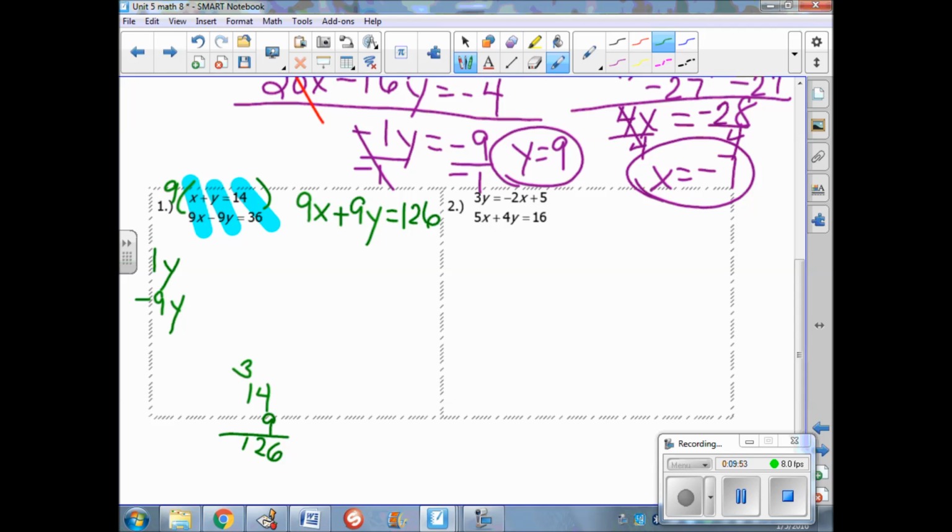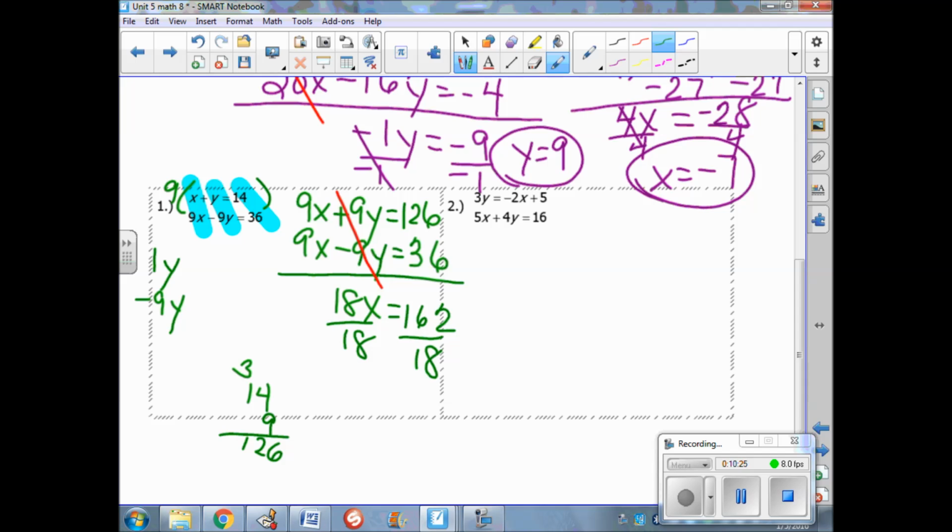I don't need to do anything to that bottom equation. Now I can see my opposites with my y's. Cross them out, we eliminated them. So what is 9x plus 9x? It's 18x. And then 126 and 36, let's see, I don't know that off the top of my head. That's going to be 162